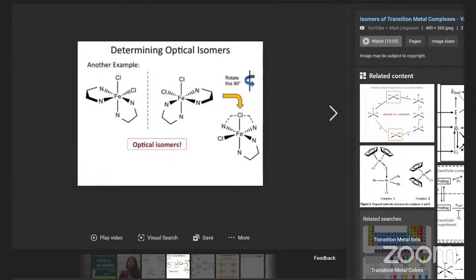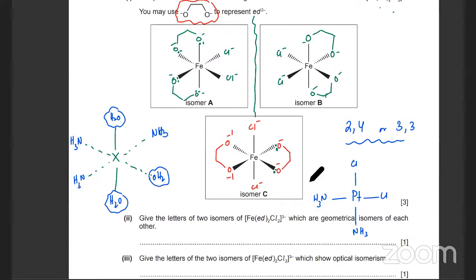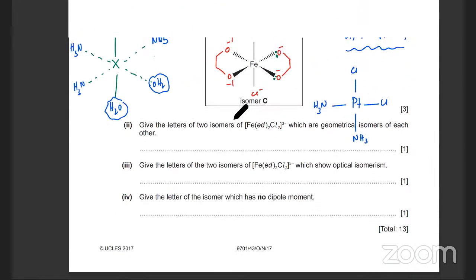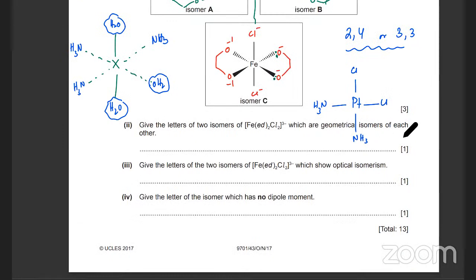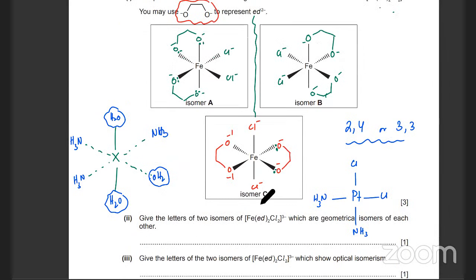Yeah. So they're asking you to draw. So now he's saying give the letters of the two isomers which are geometric isomers of each other. So it's going to be C and A, or C with B. In both cases the Cls are next to each other; over here the Cls are opposite to each other. So those are geometric isomers. And give the letters of the two isomers which show optical isomerism. These two are mirror images of each other. So it's going to be A, and it's going to be